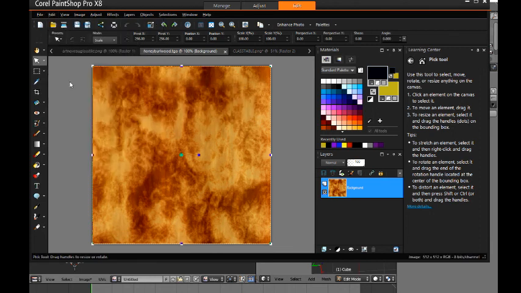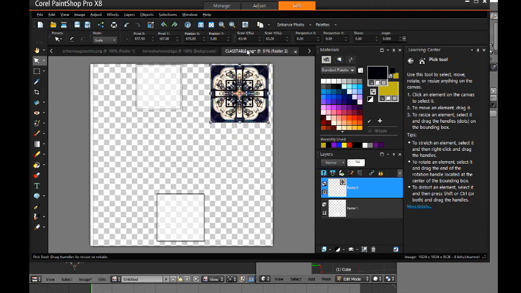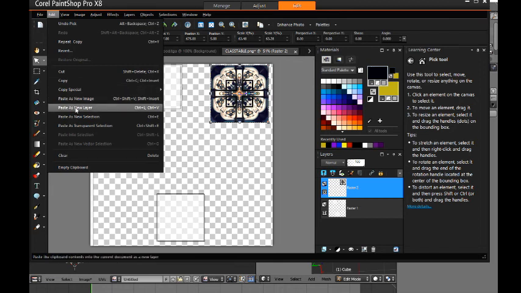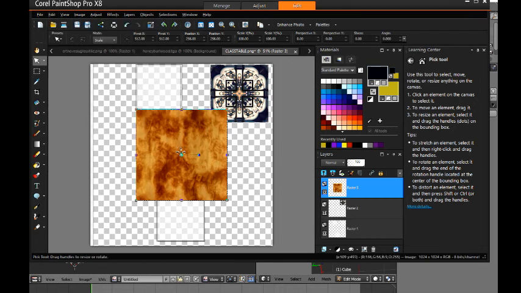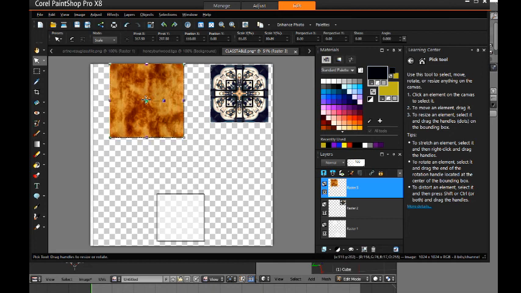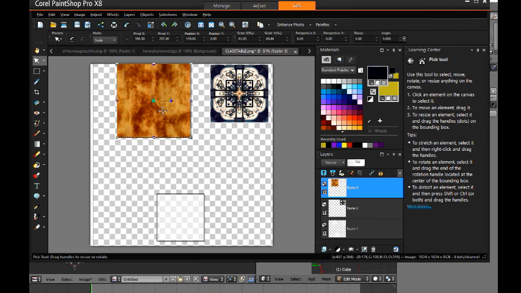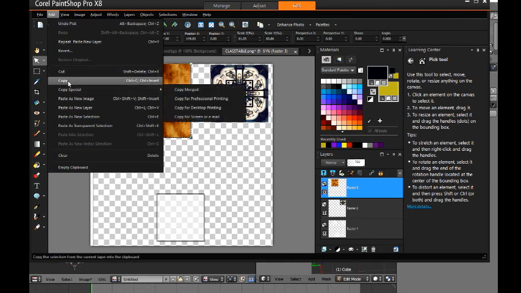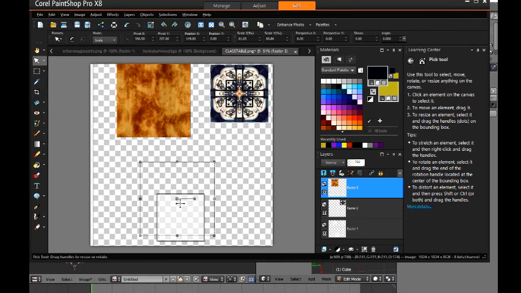So we're going to copy. And then we're going to go to our class table. And we're going to edit. Paste as new layer. Okay. And we're going to move it. And we're going to go ahead and scale it down just a bit. We don't have to on this one because the pattern of this isn't as specific. But just so it doesn't overlap anywhere else. And we're going to put it here and we're going to put it there. So edit, copy, bring it down,